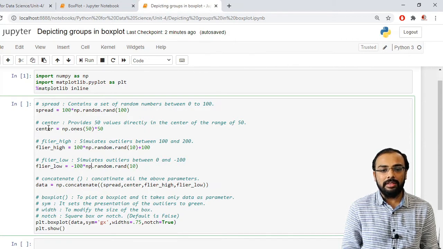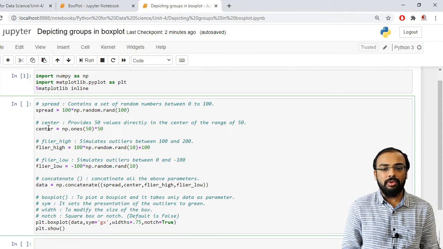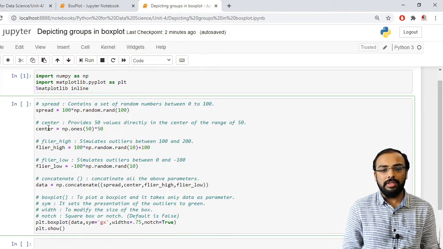So let us try this. I have stored it in a variable which is flier_low. I am taking -100 times np, that is the NumPy library. Inside this there is a submodule which is random, and inside this there is a function rand, and I am specifying the value as 10.